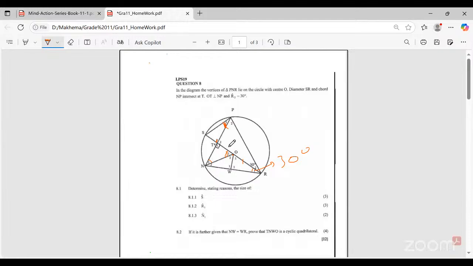This one here, O1, is 60. The reason behind that statement that angle O1 is equal to 60 degrees is